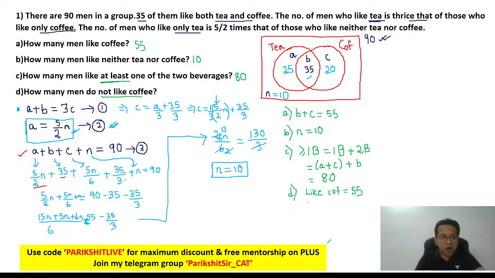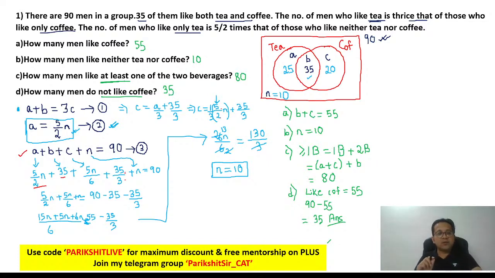So people who do not like coffee will be total minus those who like coffee. So total is 90 minus those who like coffee, which is 55. So 90 minus 55 comes out to be 35. And that's your answer to the caselet. Answer is,